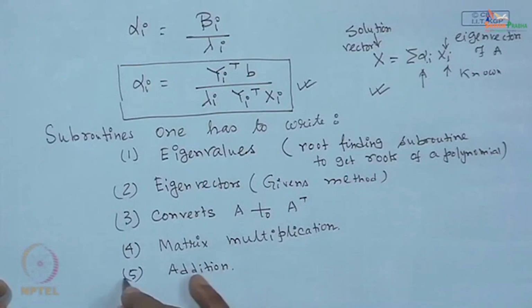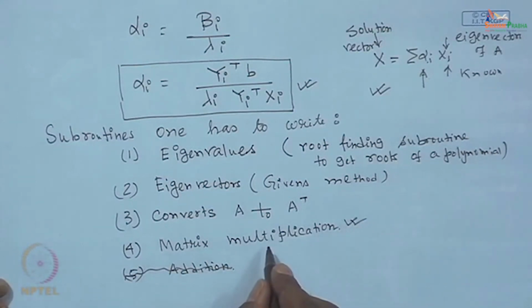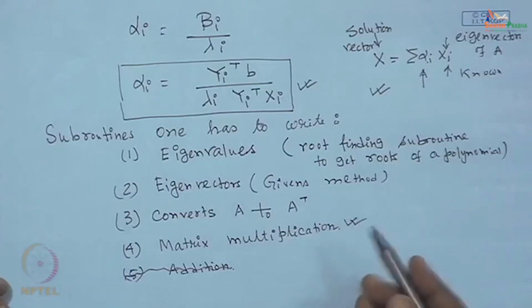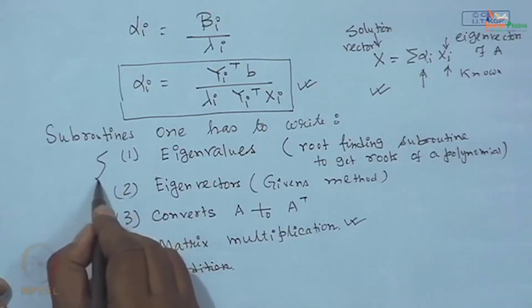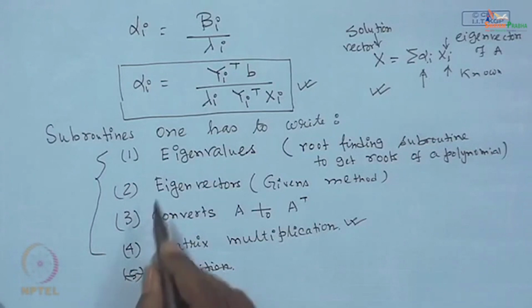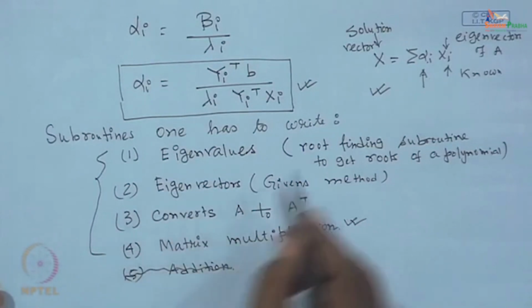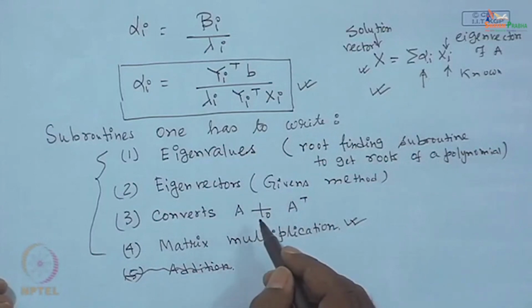So basically these will be included here itself. Multiplication includes the multiplication of the corresponding elements and then adding them up, so the addition operation is included in the matrix multiplication subroutine. So you require only these four subroutines to compute the solution vector x from a set of algebraic